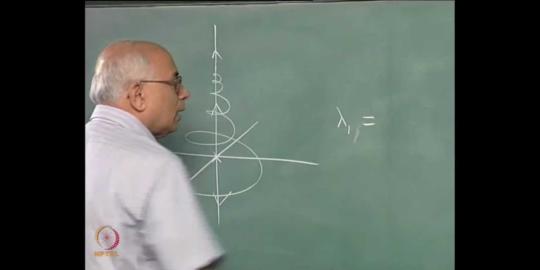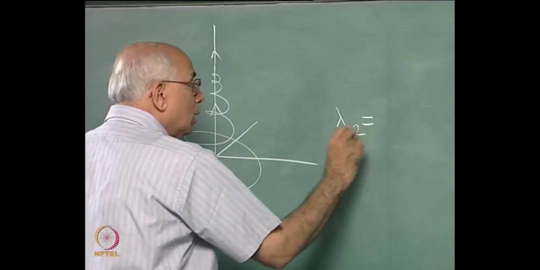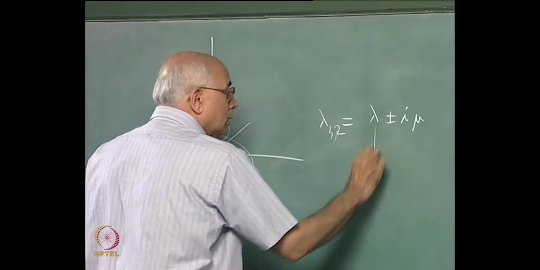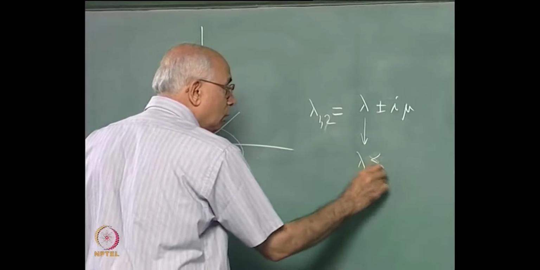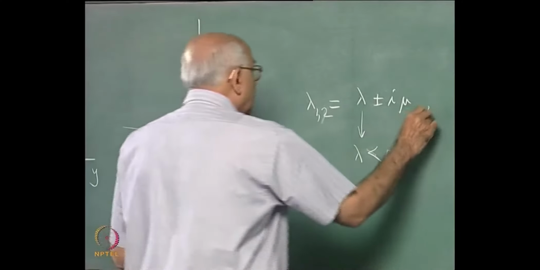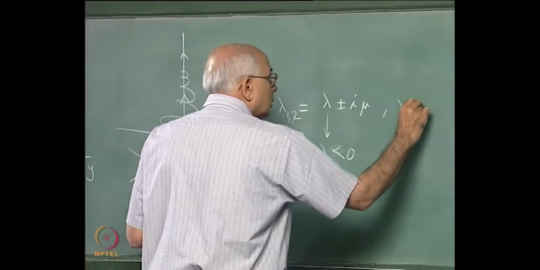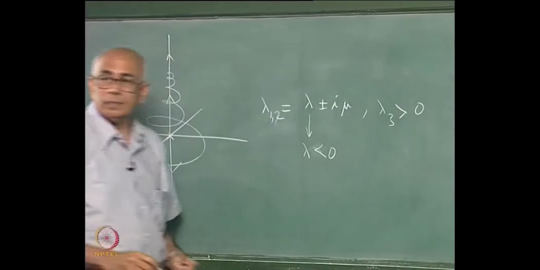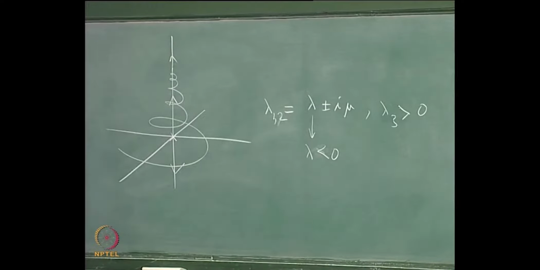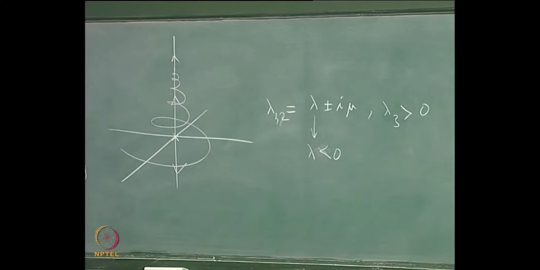Yes, I would expect lambda 1 comma 2 to be equal to some lambda plus or minus i mu, where lambda is less than 0 because they are flowing in towards the origin, and I would expect lambda 3 to be some positive number, so it flows away along the z direction. Such a critical point is called a saddle focus